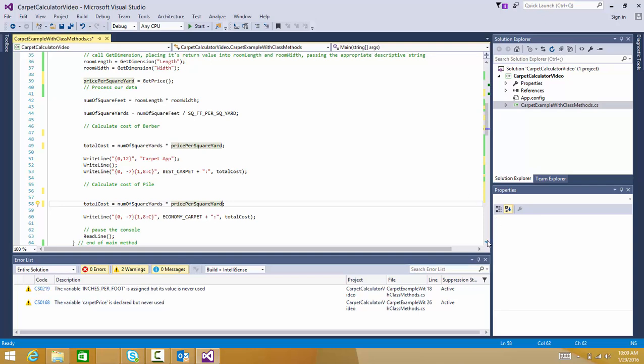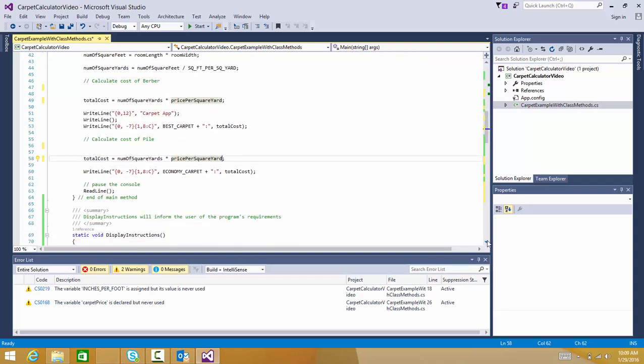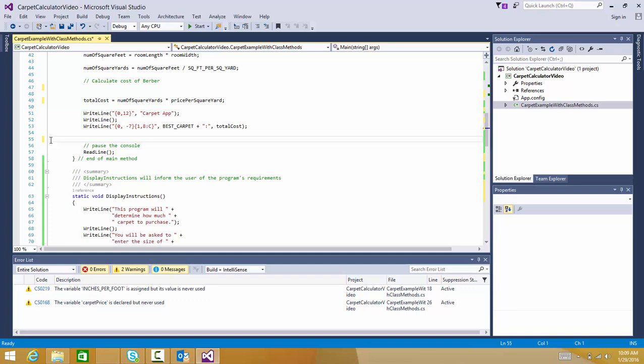Now, notice that I don't have a separate price now for my cost of Berber or my cost of pile. So I don't really think I need to have all this stuff down here about these different types of carpet. I'm going to go ahead and get rid of these 3 lines. Calculate the cost of pile, doing the calculation, and the right line. So now I really have calculate the cost of carpet, and right now it's still going to display out that it's the best carpet, which is fine, but I'm going